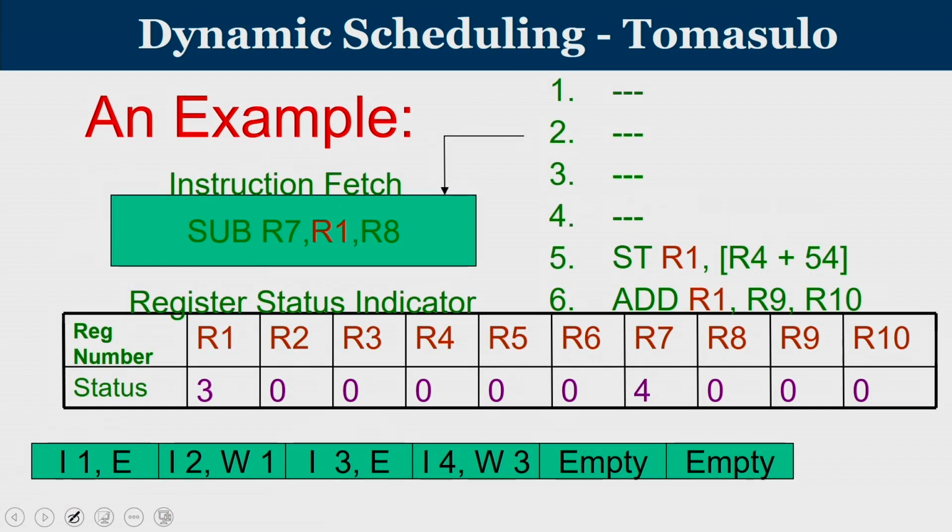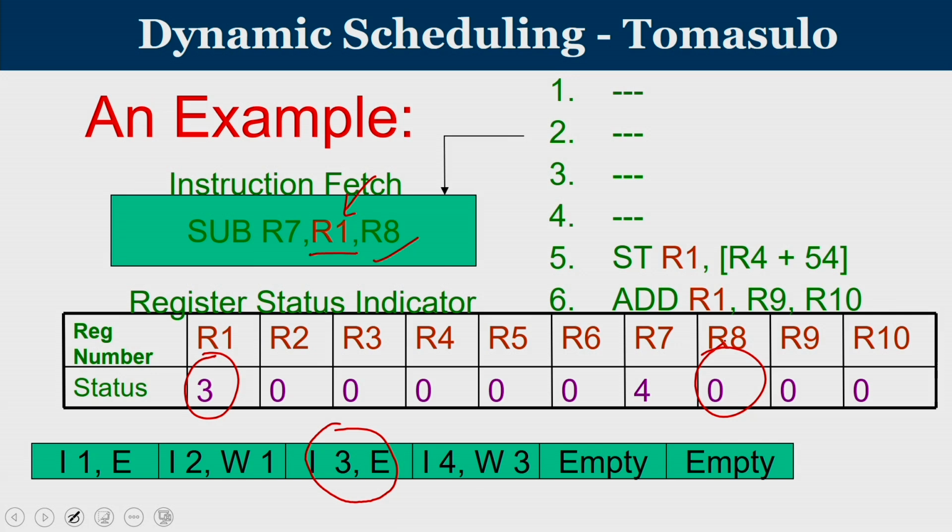Now moving on to the fourth instruction, here R1 is your source operand. You can see that the RSI value of R1 is 3. The RSI value of R1 equal to 3 means the R1 value is not readily available. You have to wait for the result produced by the third execution unit. So upon completion of this execution unit only you will get R1. Now coming to R8, R8 RSI value equal to 0, and so one of the operands is available, for the second operand I have to wait.